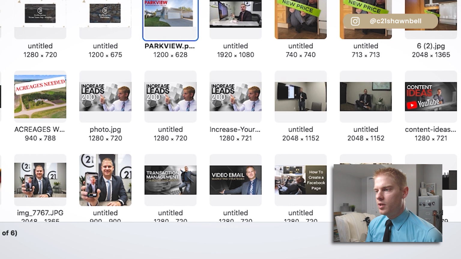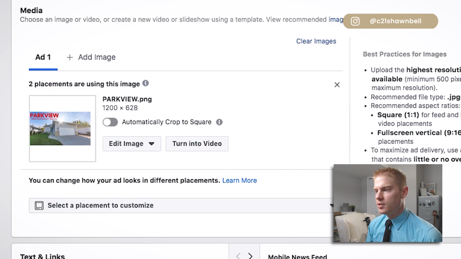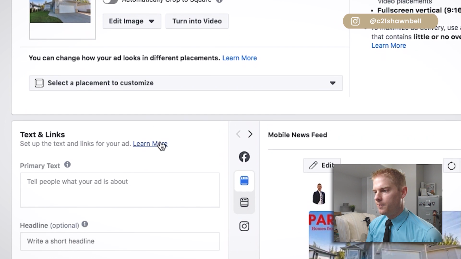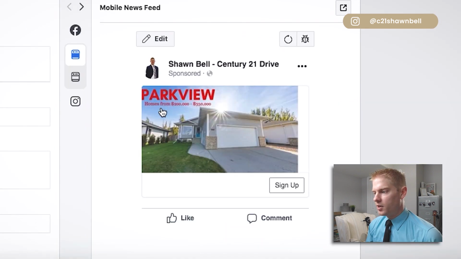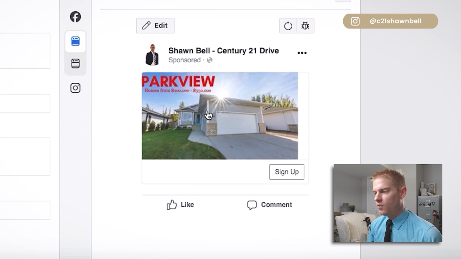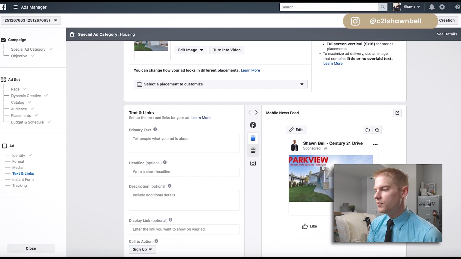And if I go through here, here is one that I had selected for a list of homes that we wanted for buyers. So a great picture of a house that is actually in Parkview, and then I say in Parkview, here's a list of homes between $200,000 and $350,000. So when it's going through people's news feeds, they see this ad, they go, oh, Parkview is a popular neighborhood. It's got newer homes. It's close to shopping. I didn't realize you could get a house for $200,000 to $350,000 because the average price of a home in Parkview is over $400,000. So they're going to want to click on that,